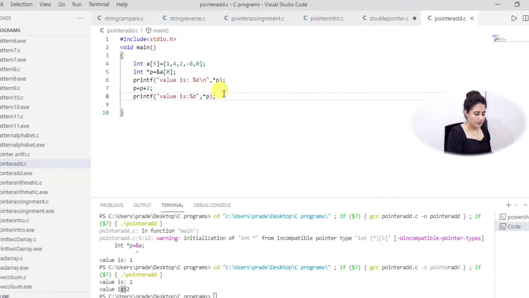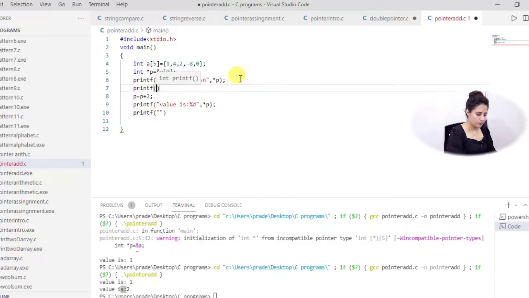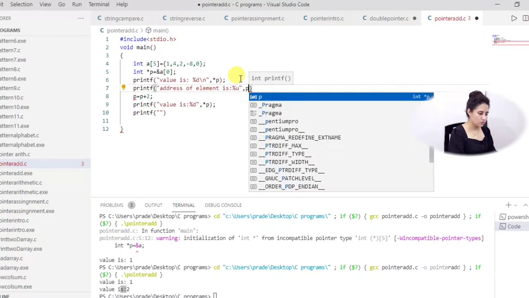And now if you want to know the address, here I am printing first of all the address. Not address of p, whatever the value in p, that we are printing. Address of element is percentage u, I am printing it as unsigned integer so that you will see how many bytes it's adding. So I am printing just p.